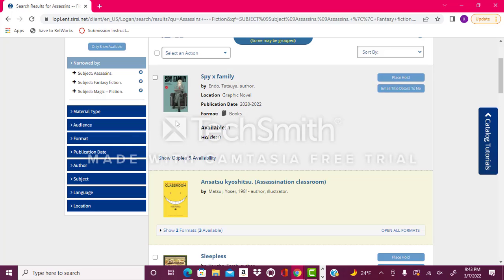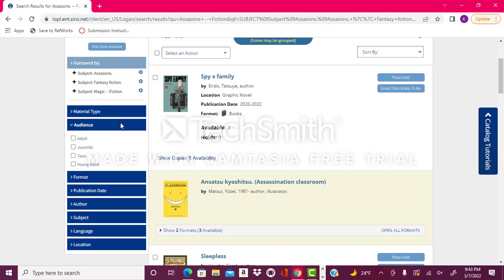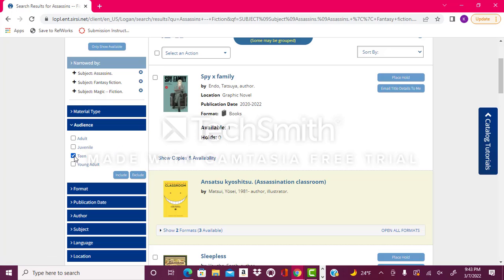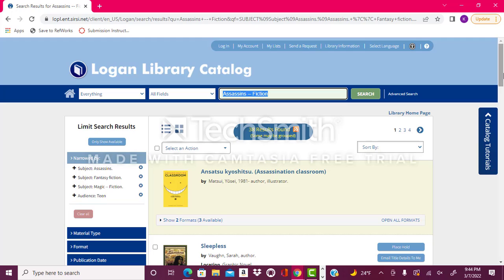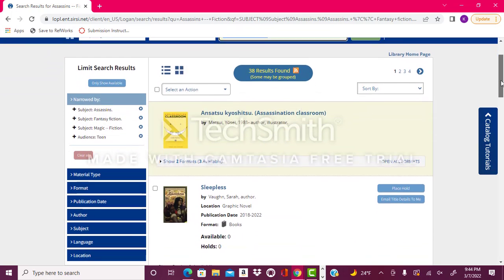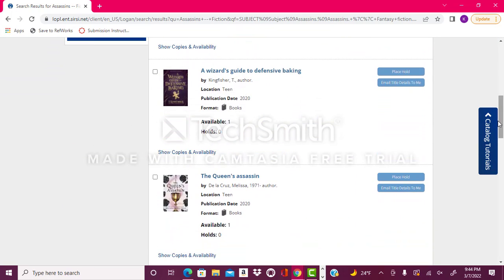As another option, while you're doing your subject search, you might want to limit the audience. We have adult, juvenile, teen, or young adult. I'm going to choose teen. And again, I'll click Include. At this point, I've narrowed down my results a lot. I'm down to only 38 results, which means I can feel free to then start scrolling and say, this book